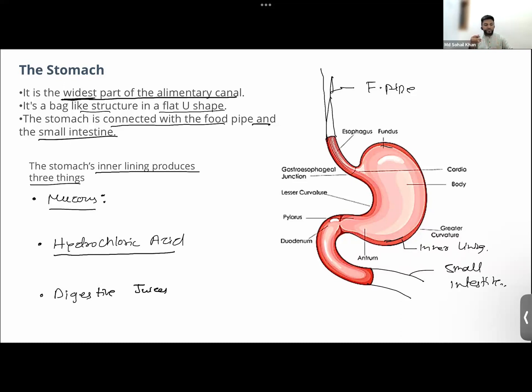Look, whatever food we are eating, it is not that it does not consist of any bacteria. Bacteria are everywhere on earth. There's not even an inch square area where there is no bacteria. If you see your hands under a microscope, you will find hundreds of bacteria living in just an area of 1 inch square. So if the food consists of some amount of contamination, some bacteria in it, this hydrochloric acid will kill all the bacteria present inside the stomach and the food. So it kills the bacteria present in the food.